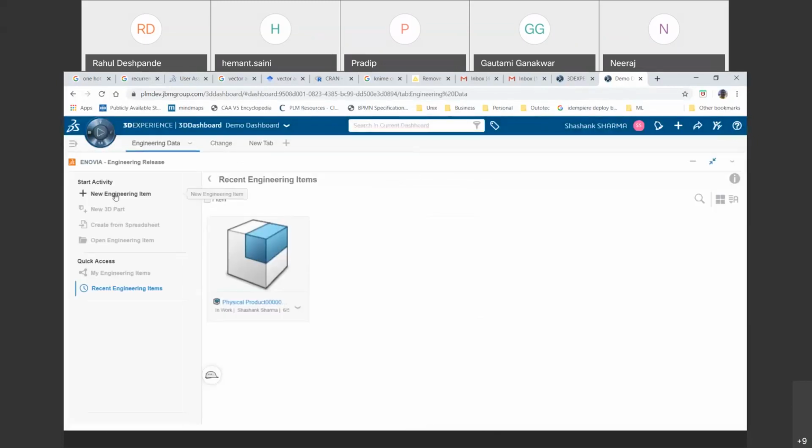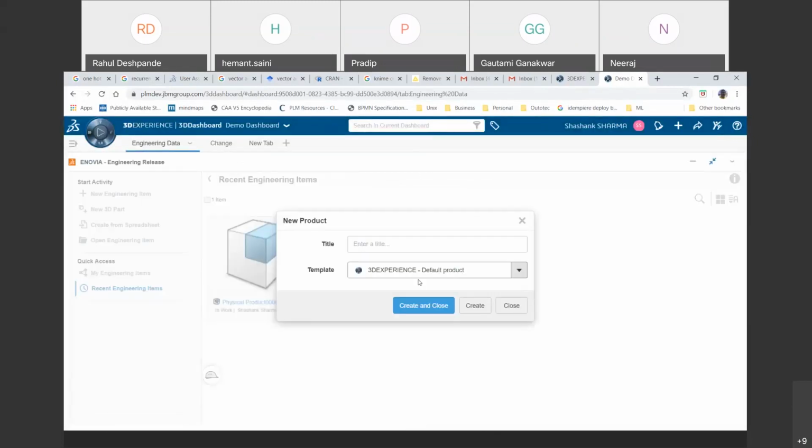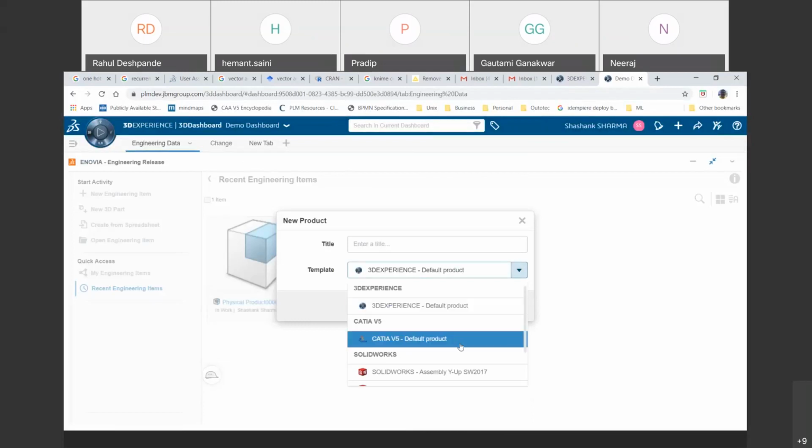Okay. When I say new engineering item, it will ask me whether I want to create a CATIA product or a 3D experience product. So what is the difference? A CATIA product can be edited inside CATIA. A 3D experience product is generally created for CATIA V6 or non-CATIA applications.